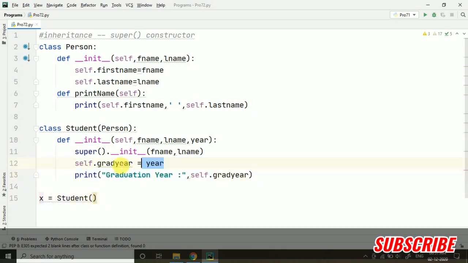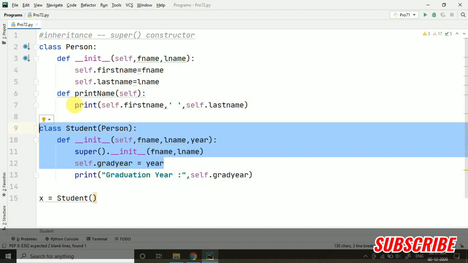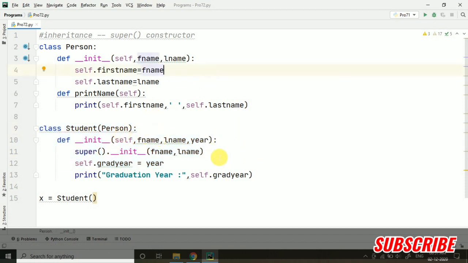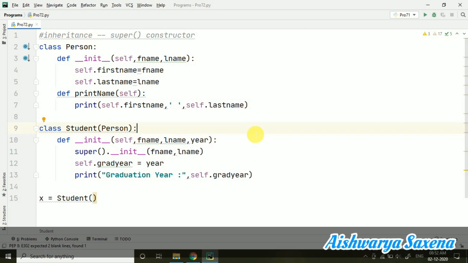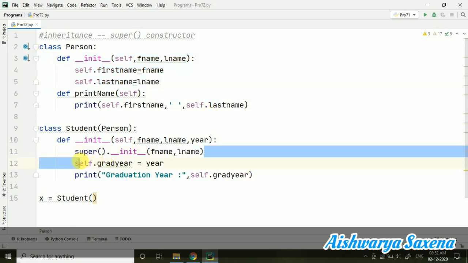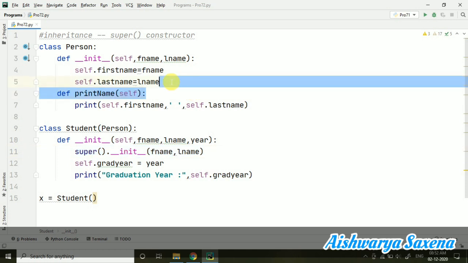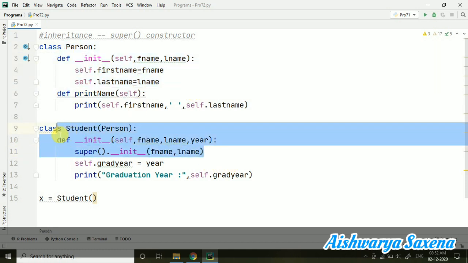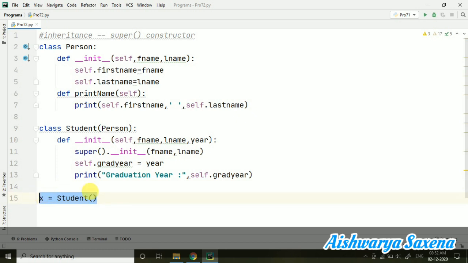Okay, so what we are doing, first of all, let me just tell you this once again. We are making a program for single inheritance, and in the single inheritance we are using the concept of super constructor. Why super constructor? In the previous program we have not seen any super constructor, and then also we were able to do the single inheritance. But when we are having some constructors in our program, we can use the super constructor to inherit the properties of the superclass constructor into the subclass constructor. At that time we can just create the object of the subclass and we can access some values.